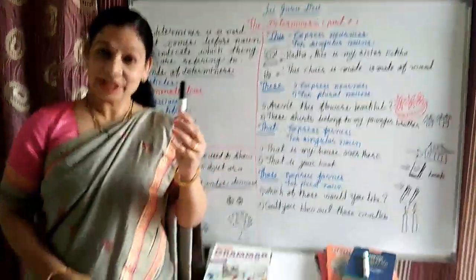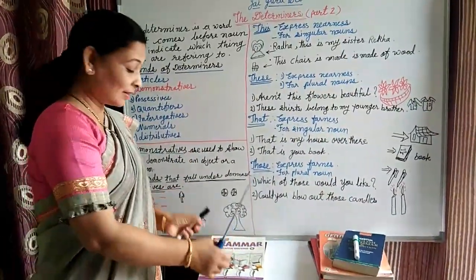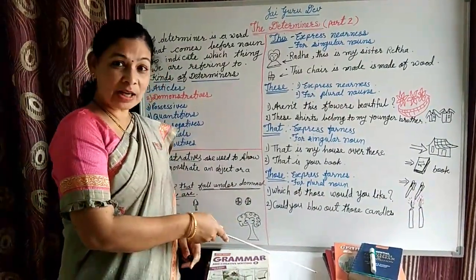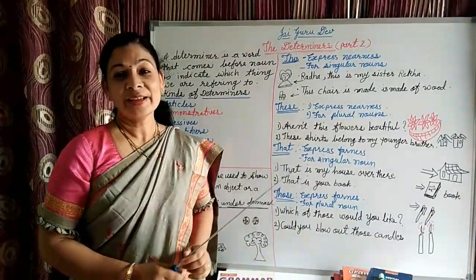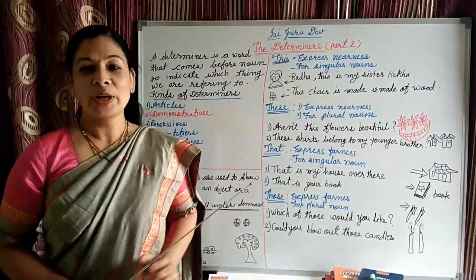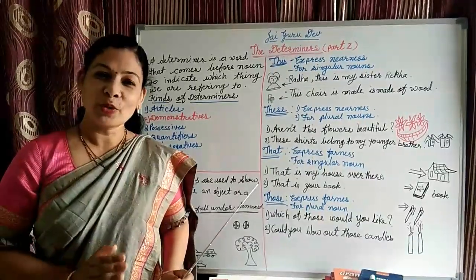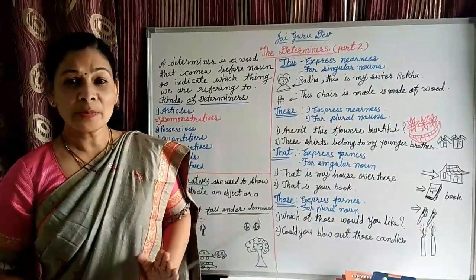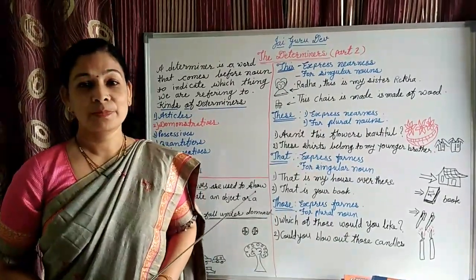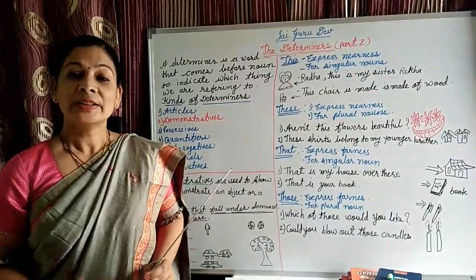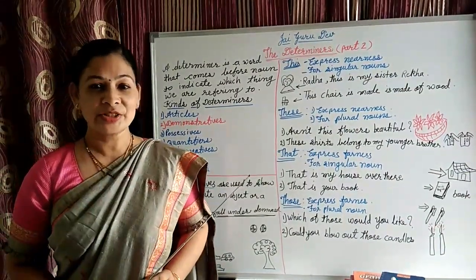So this is a pen, that is a pen. These are books, those are books. Wondering what I am talking about? I know you are grown up, but these four words, this, that, these, those, are very basic in English conversation. Do you know what these words are called? These words are called demonstratives.